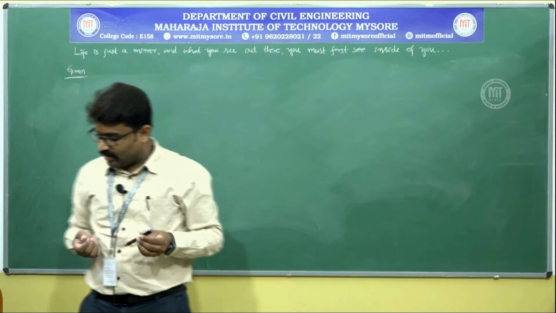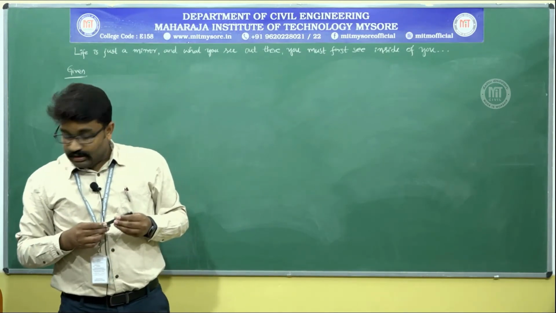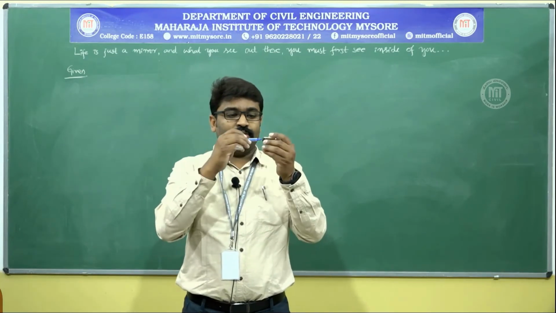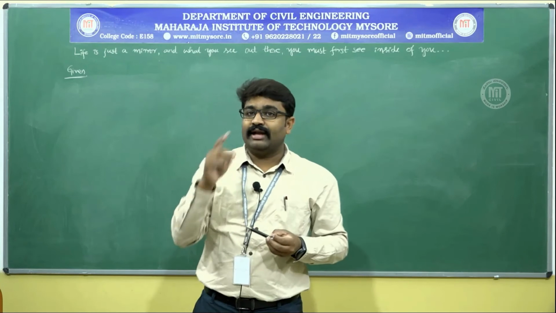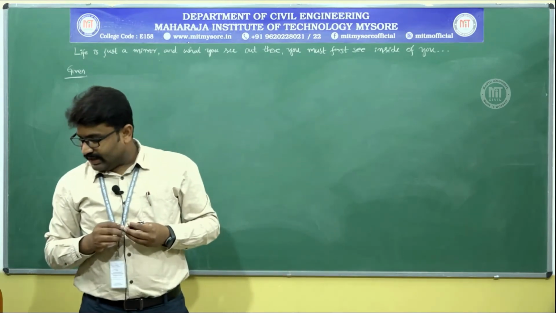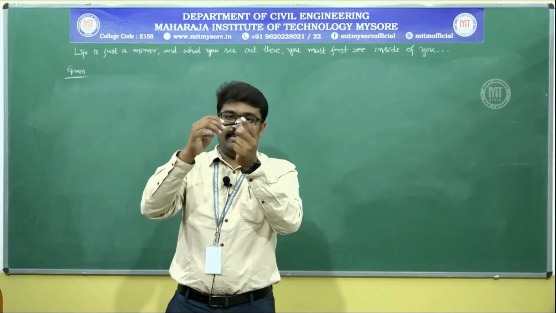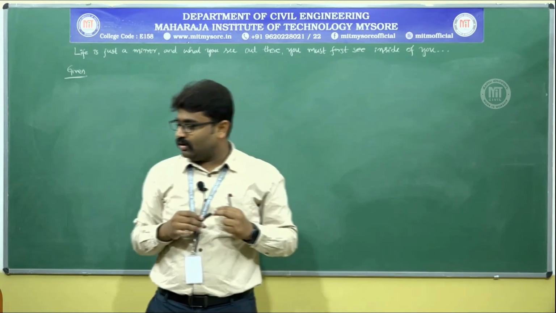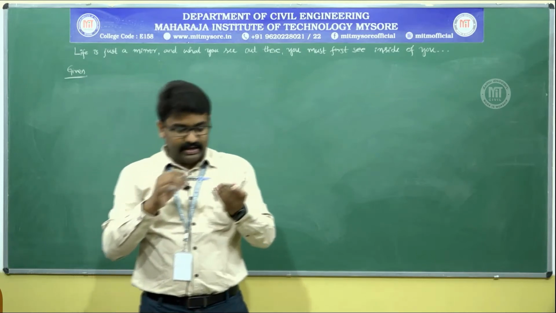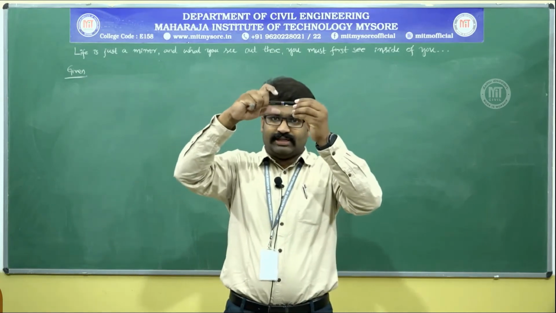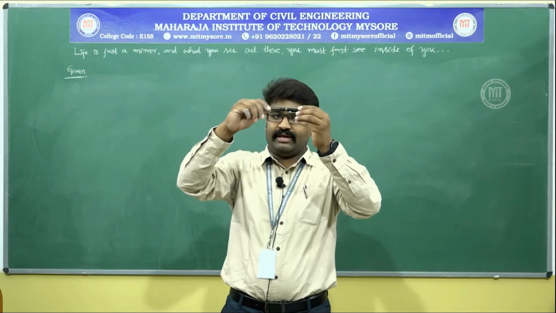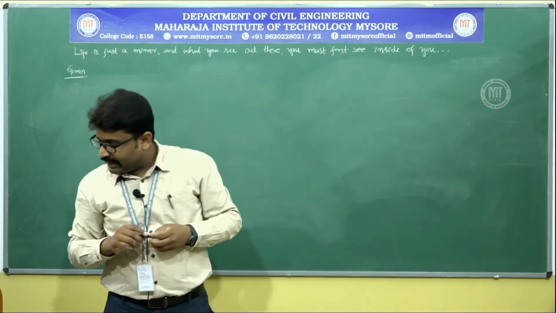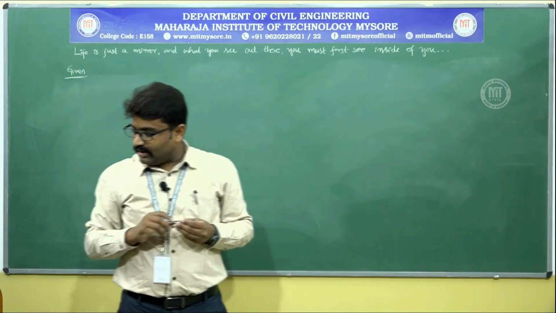I will read out the problem for you again. The dynamic viscosity is in fact given. The dynamic viscosity of the oil used to lubricate between these two is given as 6 poise, and the diameter of the shaft is 0.4 meter. It is being rotated at 190 rotations per minute, that is 190 RPM. If I keep rotating this, it has to rotate 190 times in 1 minute. And calculate the power loss in the bearing.